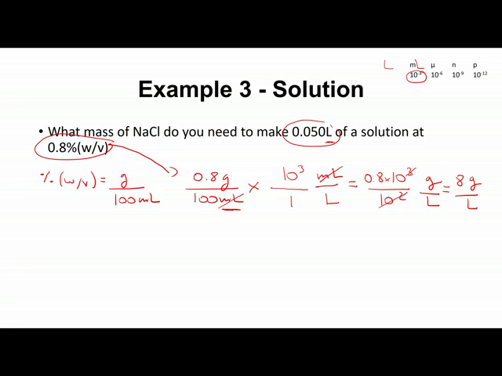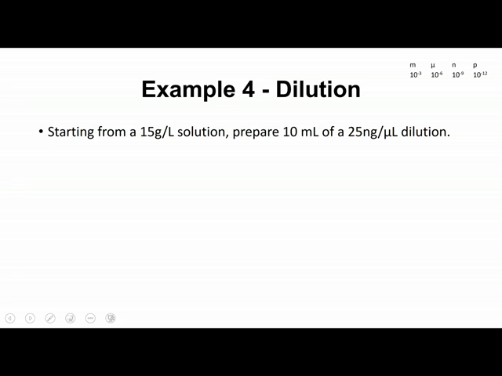This is the concentration. This is expressed now no more in percentage weight over volume, but as grams per liter. Now it means that if you have to prepare 1 liter, you will use 8 grams, but you have to prepare 0.05 liters. So if you need 8 grams to prepare 1 liter,